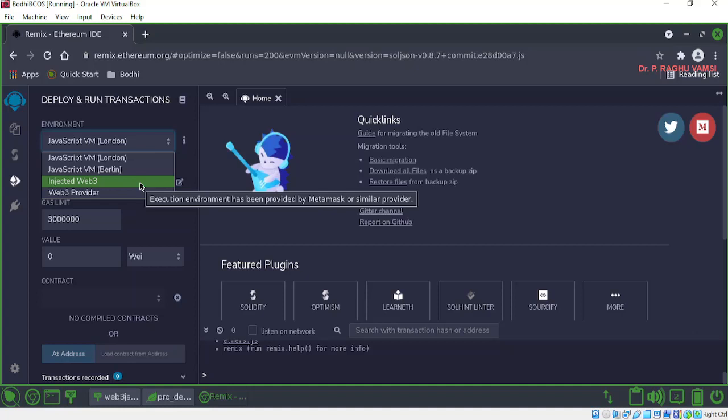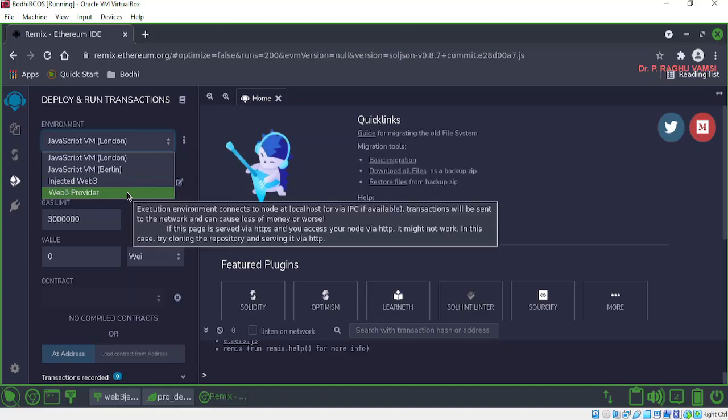Coming to sockets, there are Web3 sockets, which is another channel with which you can connect the front-end application and the background smart contract. Another one is HTTP, which is more like sockets, but it will have some provider.